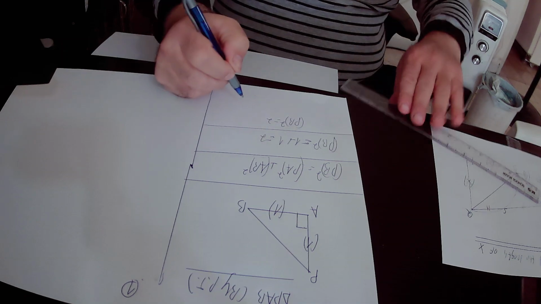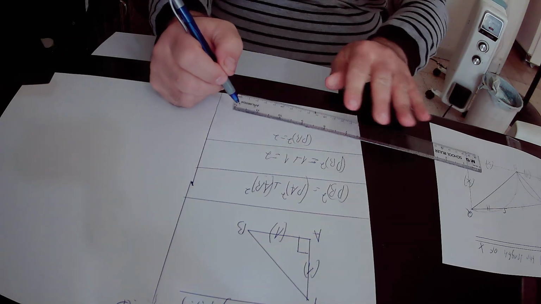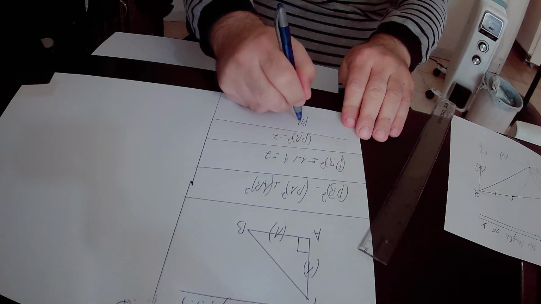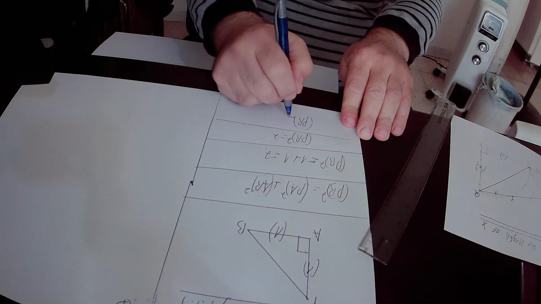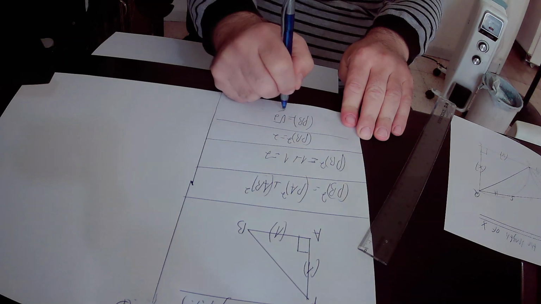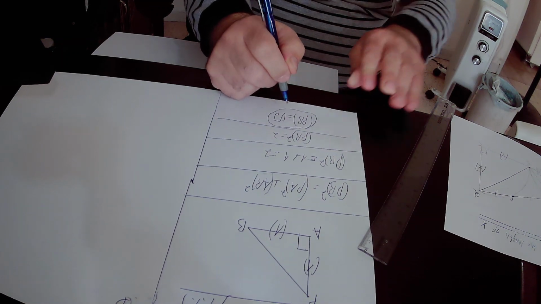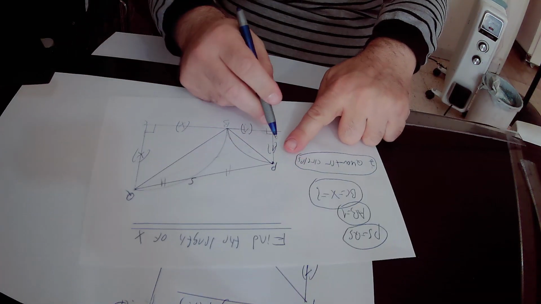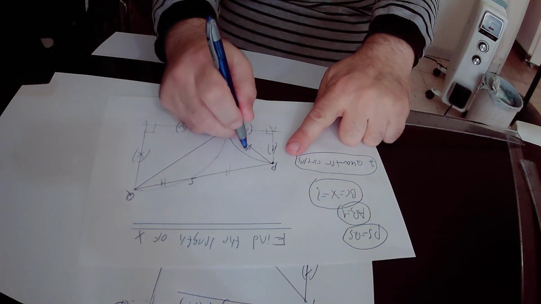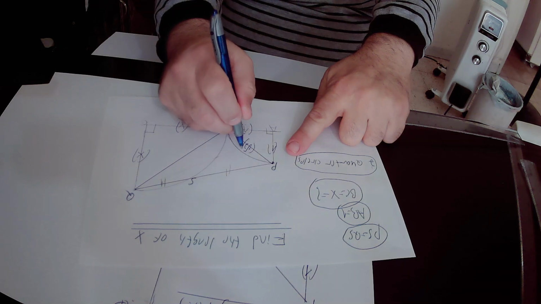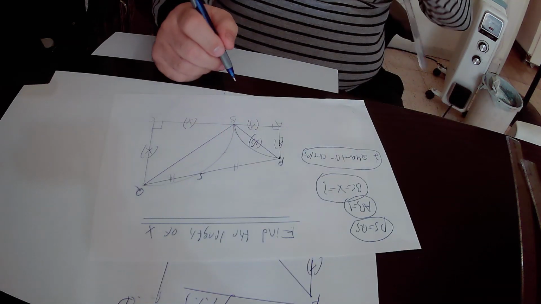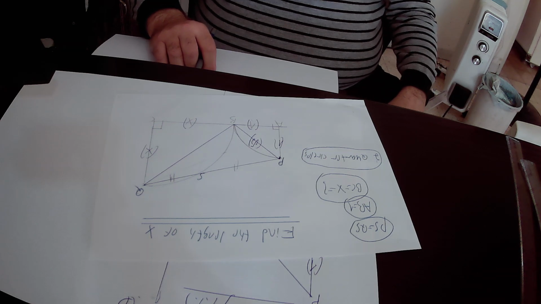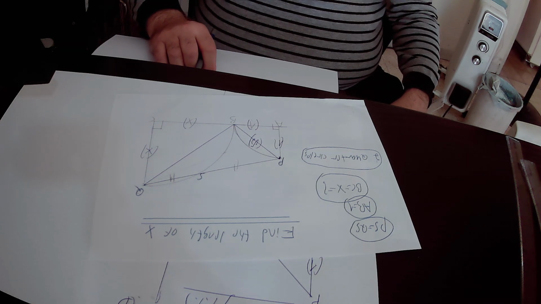We take the square root of this equation, and we get that PB, the length of the hypotenuse PB, is equal to the square root of 2 units. So I can write down in the original drawing that PB equals the square root of 2 units in its length. Likewise,